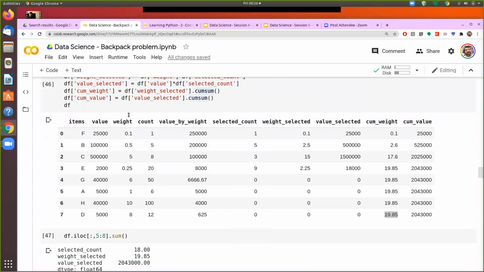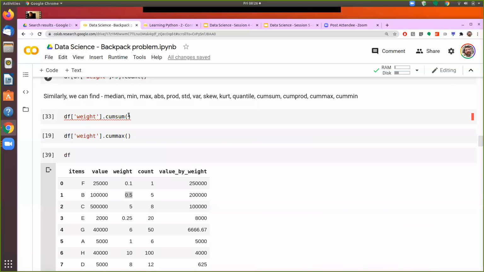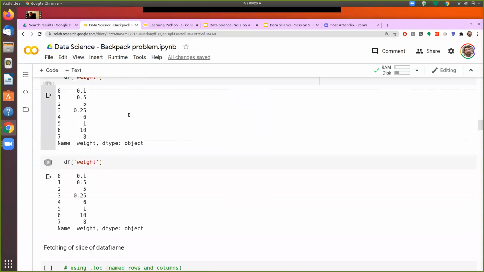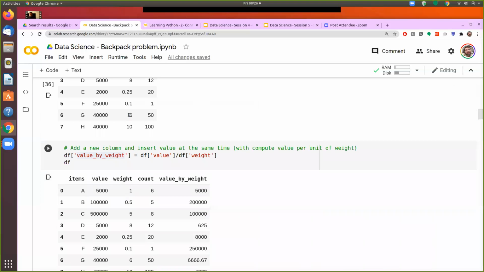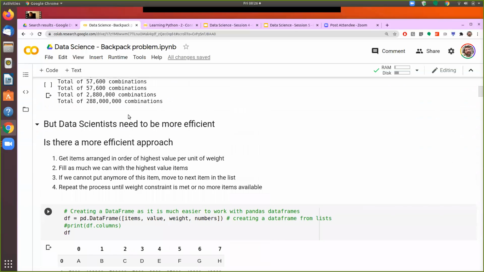So let's try doing this. We come here and where are we defining? So it's on the top.